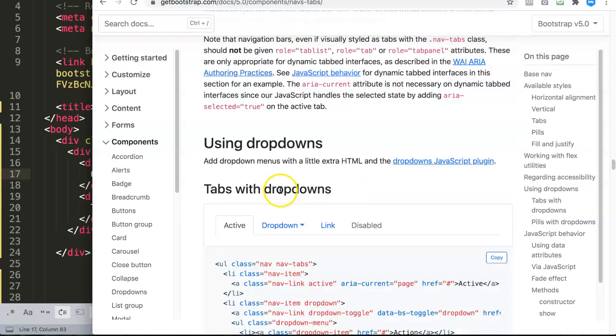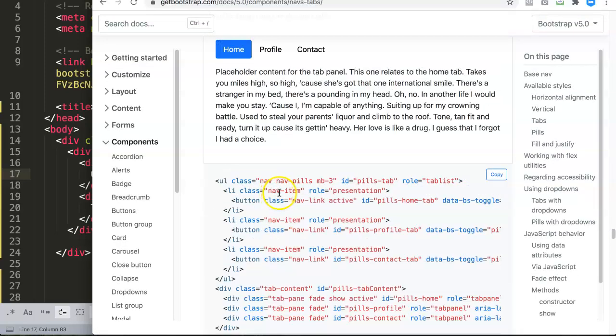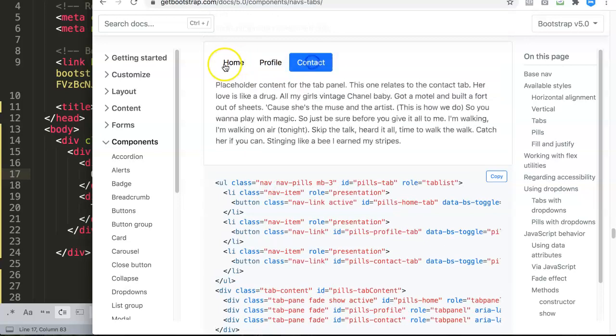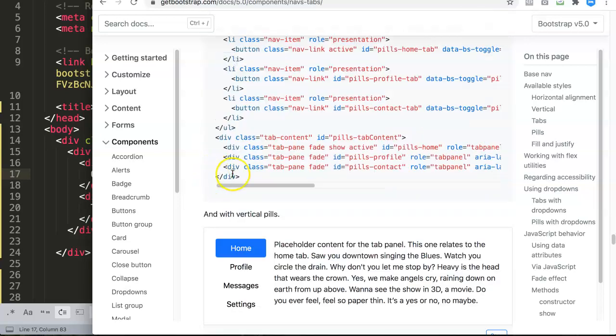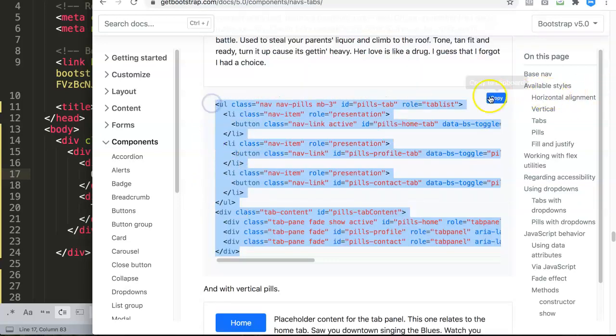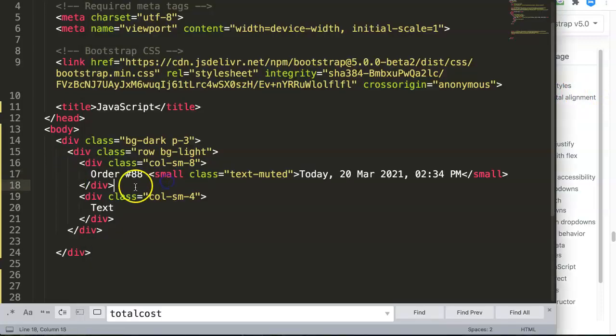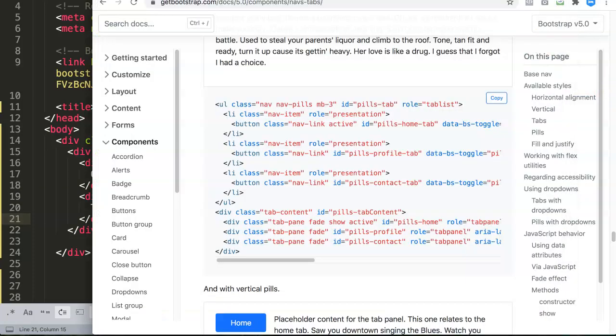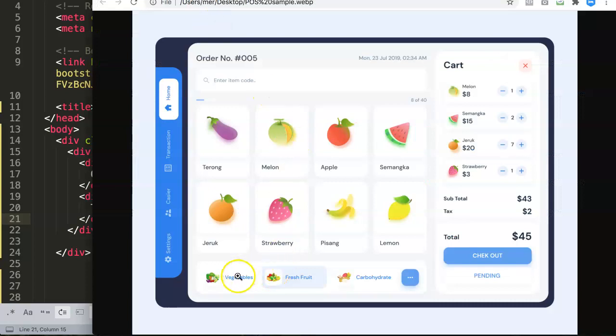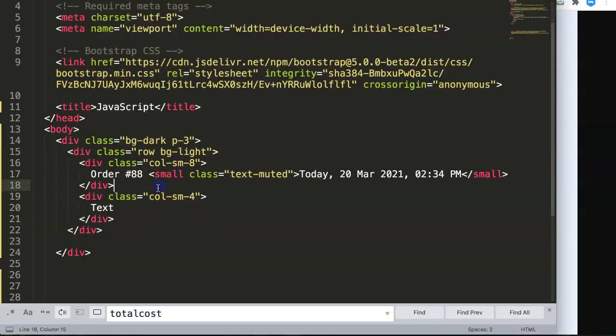And here the only thing that I want to get here is the following. If you have this, as you can see, this is the one we need. You can copy all of this, or just copy this. And then what we're going to do here is basically connecting this part here. So what we're going to do here, let's look really carefully. When we click on this, this part should be adjusted. And when we click on this, this part should be adjusted. So that's the only thing what we want to pinpoint on. So we're going here,